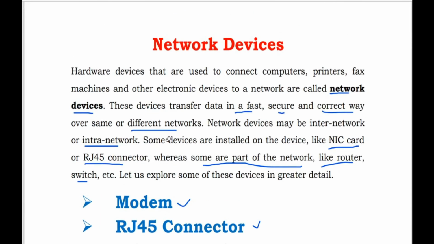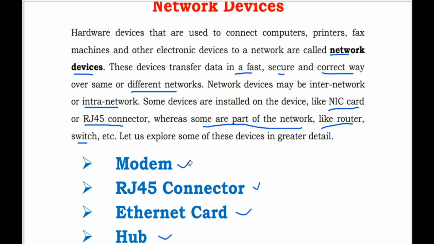Okay, so in this video we have seen what a network device is. Network devices are basically used to connect your electronic components such as computers, printers, fax machines, and any other electronic devices which are part of a network. They are built to transfer data in a faster, secure and correct way over the same or different types of networks.